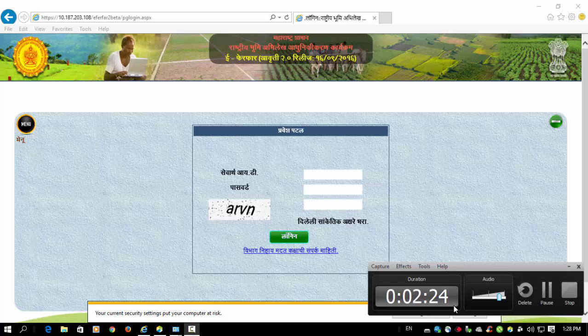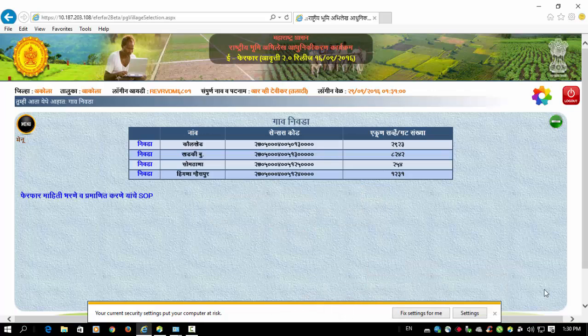After successful login, it will display the district name, taluka name, his login ID, name of that particular talati, and date and time. Now after that, it will display the villages assigned to that particular employee.